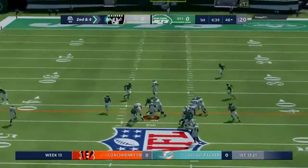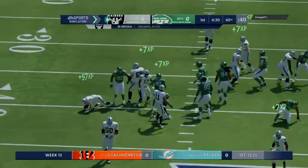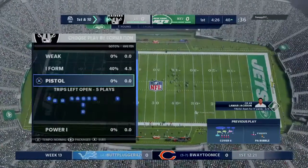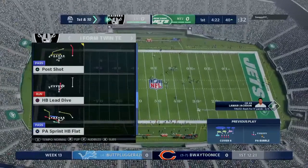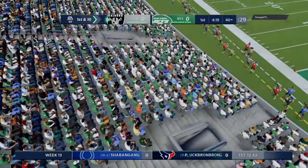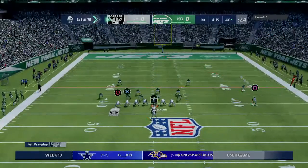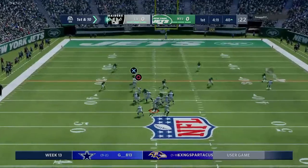4. Running out of the gun here, Breida. And he's going to get this down close to a first at about the Jets' 40-yard line. 7 yards there and a first down. He was solid last week, over 100 yards in their victory on the ground. They want to get that going again. Absolutely. And what they also understand is that from week to week, it's not necessarily the same, but they want it to be, right? What they saw last week on the ground, they want to see in this game as